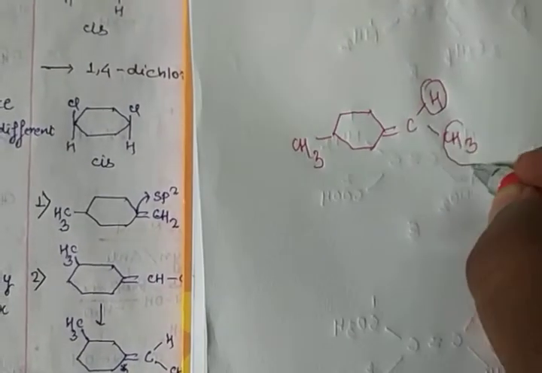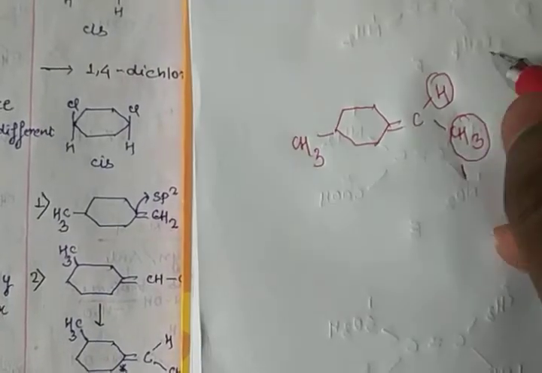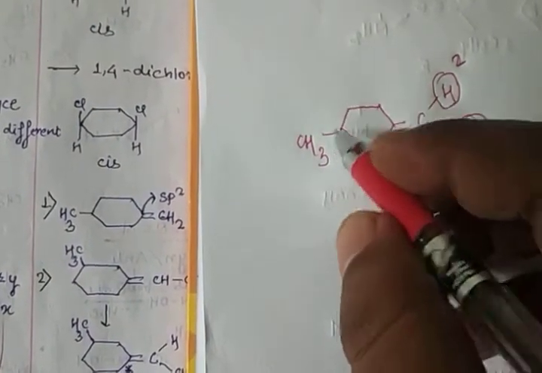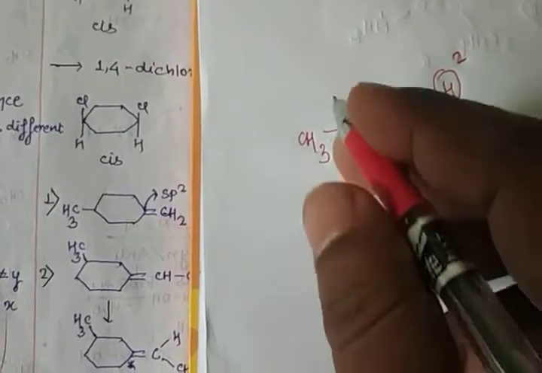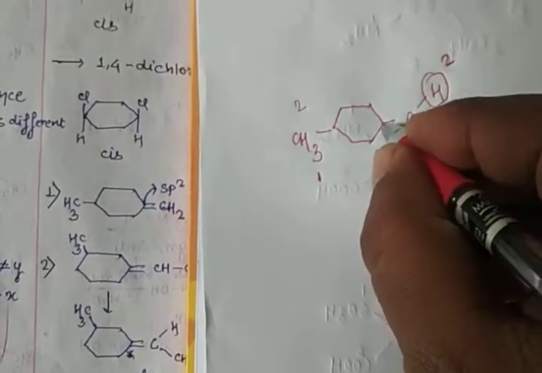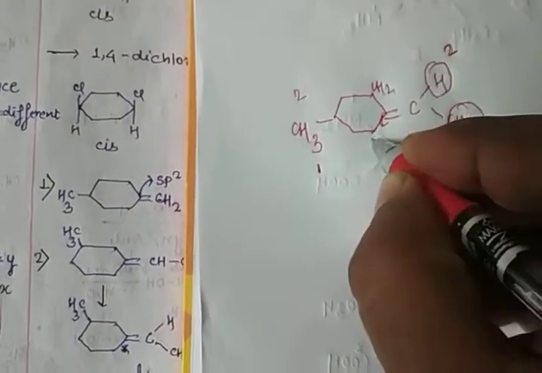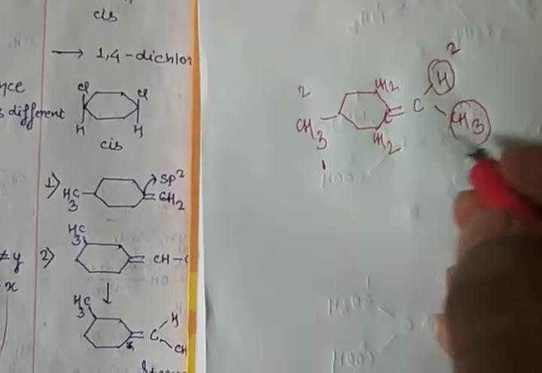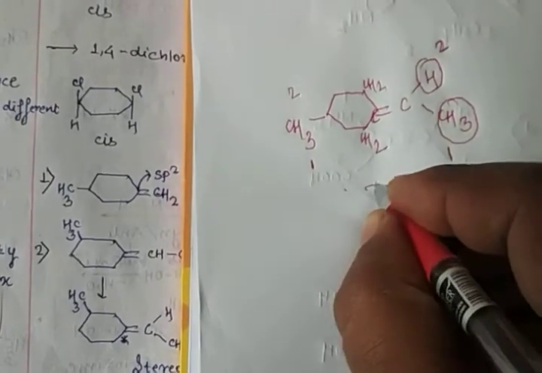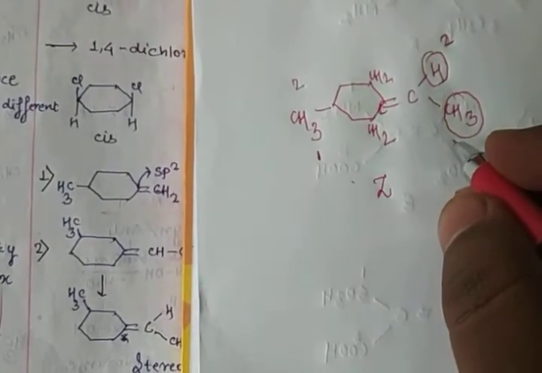So look, just check. One side is hydrogen and one side is CH3. So you know very well the atomic mass of this is higher and the other is lower. Now in the case of 1, 2, 3, 4, it means the same group is on both sides. So this is 1 and there is a 2. It means the same CH3 on the same side. Just check, there is a carbon and that side is CH2, that side is CH2. Clear? So both sides are the same. It means the same group is there. This shows what? Z isomer. Clear? 100% clear?